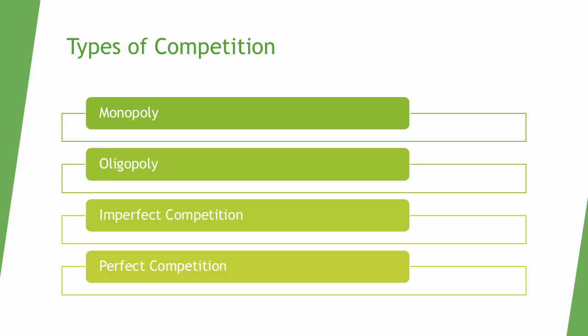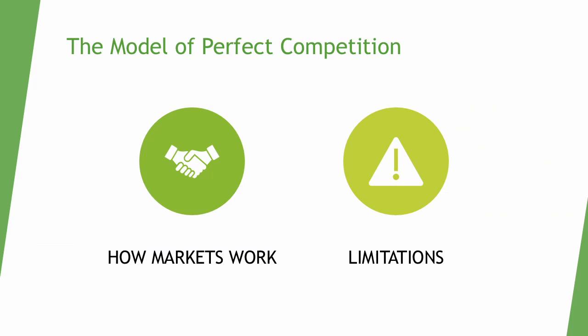degree of price-making power. Perfect competition is a market structure where many firms sell identical products and no single firm can influence the market price. The characteristics of perfect competition are many buyers and sellers, identical products, perfect information, free entry and exit, and price-taking firms. The model of perfect competition helps explain how markets work as it shows how supply and demand interact to determine price and output efficiently.